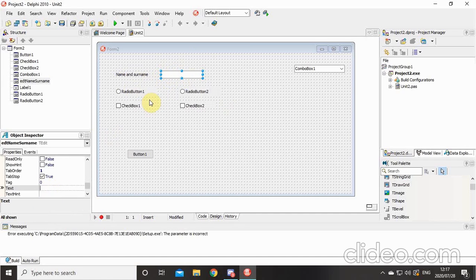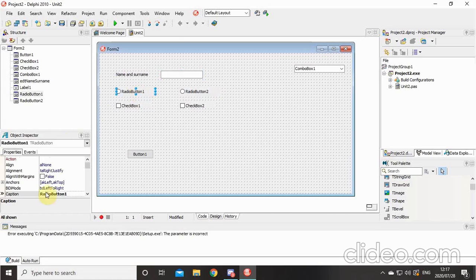Okay, so for now all we want to do is clear the text, simple as that. If we look at the radio buttons, first of all we want to give it a name. So let's say this is a box yes no. Then we want to go to the name field,